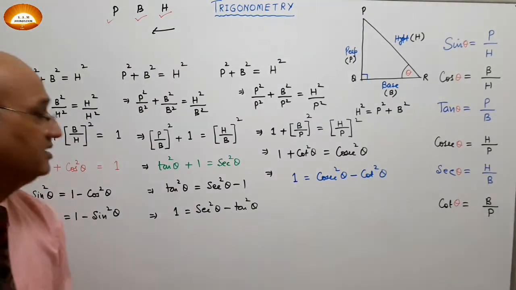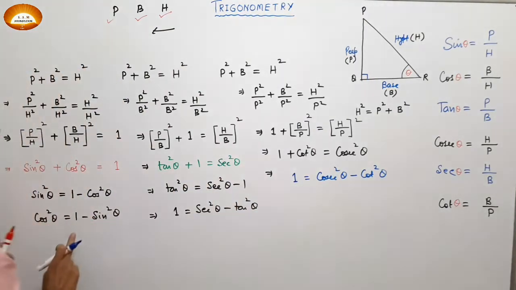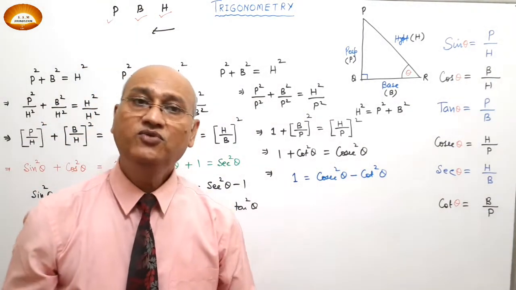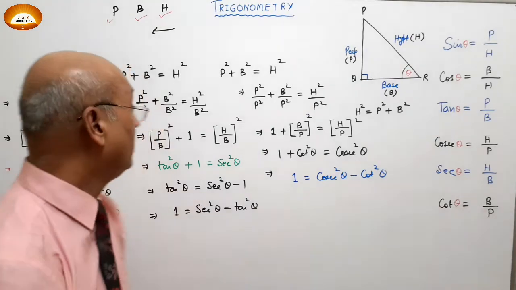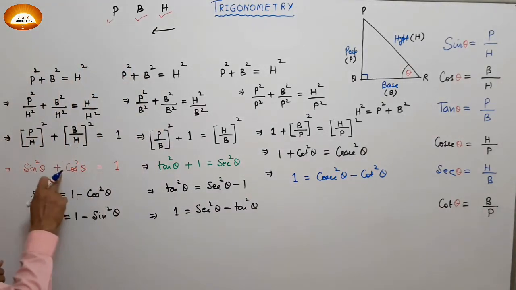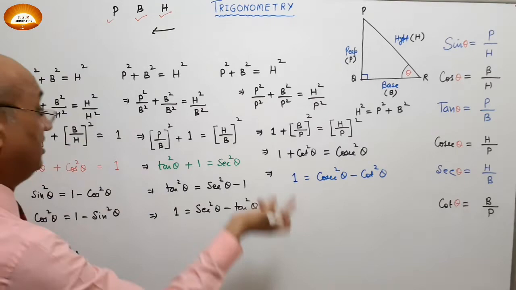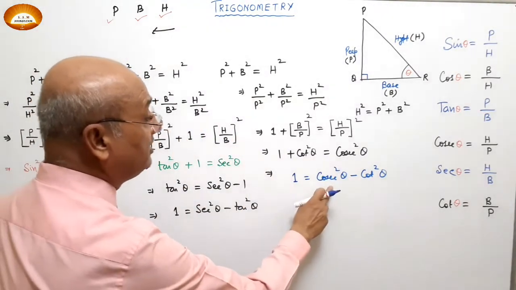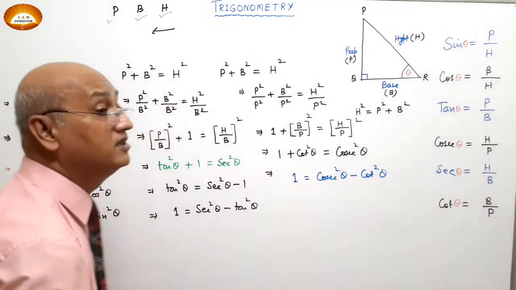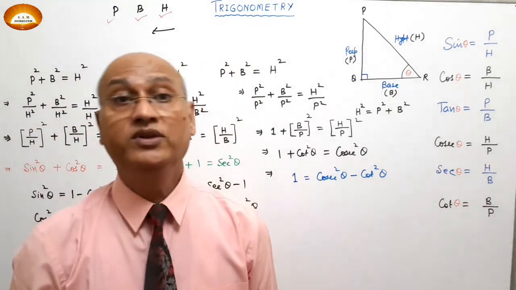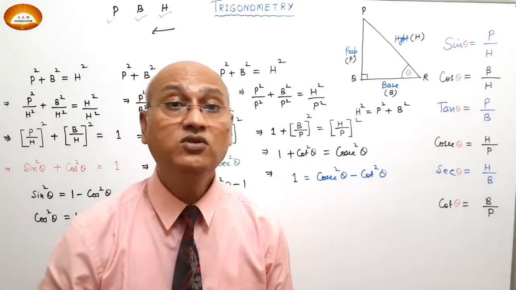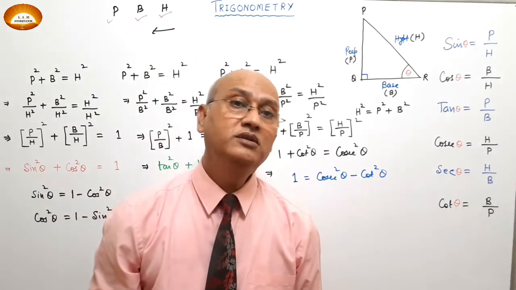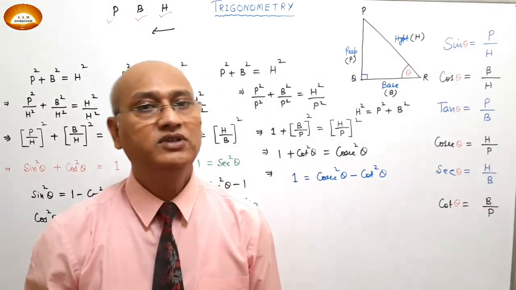Now, in these three identities, you must have noted that in all three identities, 1 is coming. Now when there is a question, and in the question you find 1, you have three options. In place of 1, you can write sin square theta plus cos square theta. In place of 1, you can write sec square theta minus tan square theta. And in place of 1, you can write cosec square theta minus cot square theta. See, it depends on what you have to prove in the question. All substitutions are correct. There is no hard and fast rule about what to substitute in place of 1. All depends on the proving question, what you have to prove on the right hand side.